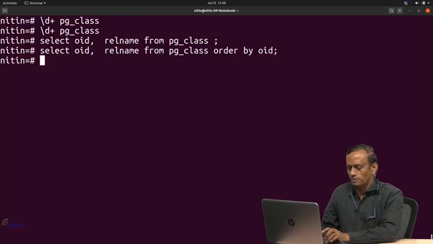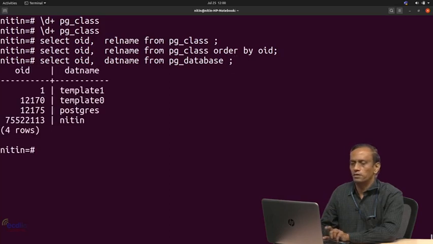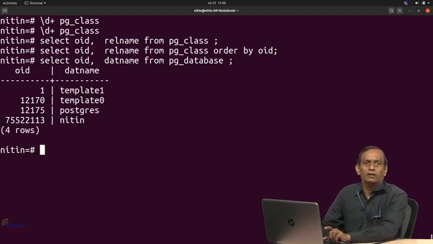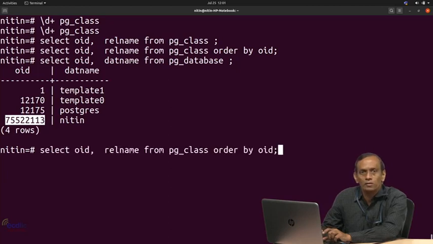Now the way that we saw this for a table, what if I want to see it for a database? You write select OID comma datname from pg_database. Now these are the numbers associated even. See the number for this Nitin, and see the number that we saw.